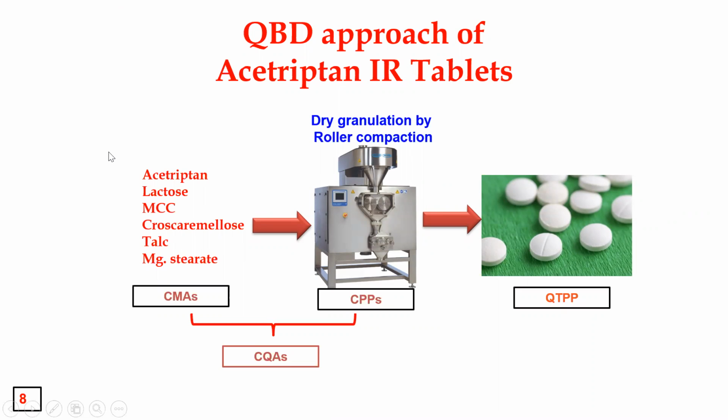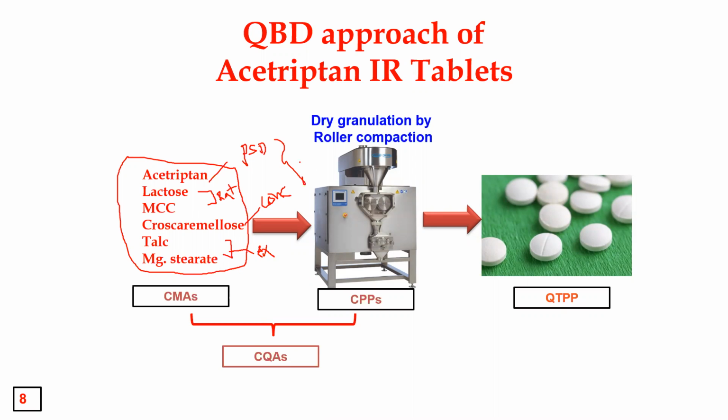And yesterday, we discussed the material attributes related to the acetyltryptophan as well as the remaining excipients. Like for acetyltryptophan, if you could recall, the particle size distribution; for the lactose, the ratio between these two; and the croscarmellose sodium concentration, because it is a super disintegrant, any problem with this will cause dissolution problems. Then the talcum powder and magnesium stearate separately as extragranular matrix materials. These are the intragranular matrix materials. So that is what we have seen.